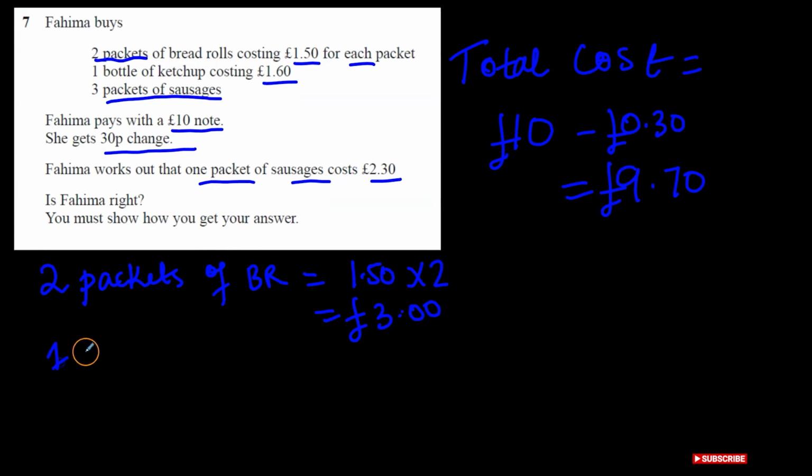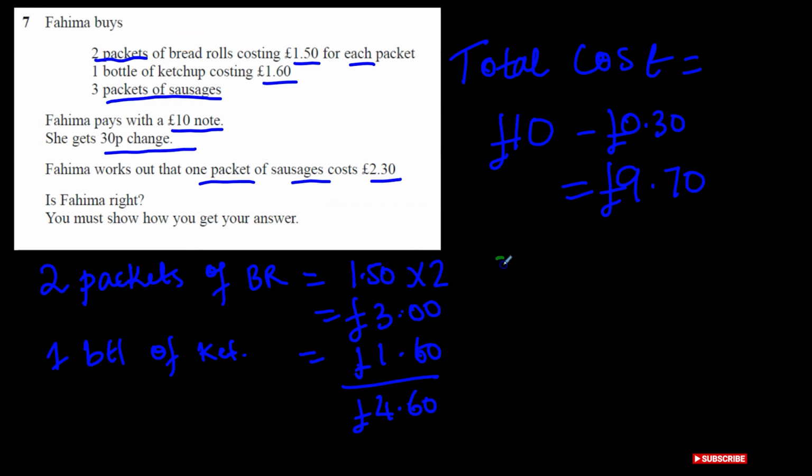Then there is 1 bottle of ketchup. Okay, so I'm just going to write this in short, which is £1.60. So the total for these 2 items then is going to be equal to £4.60. Now that means if we take £9.70, take away £4.60, that should be the cost of 3 packets of